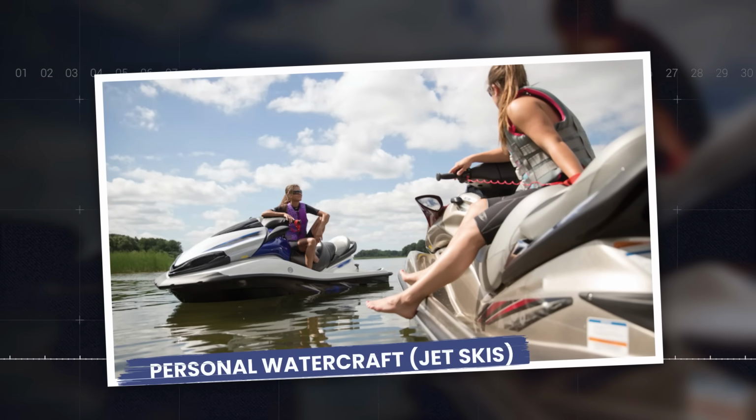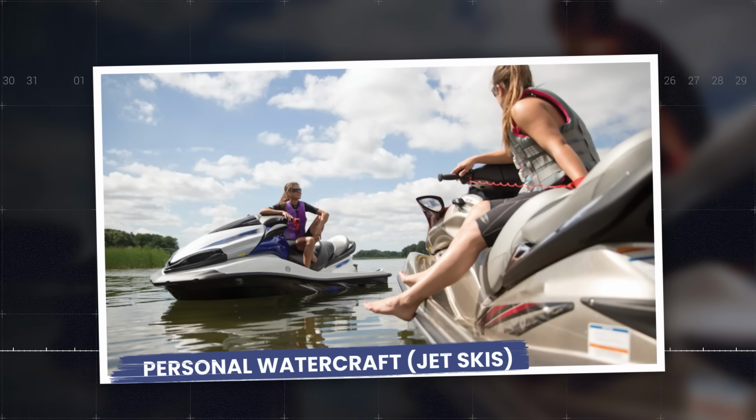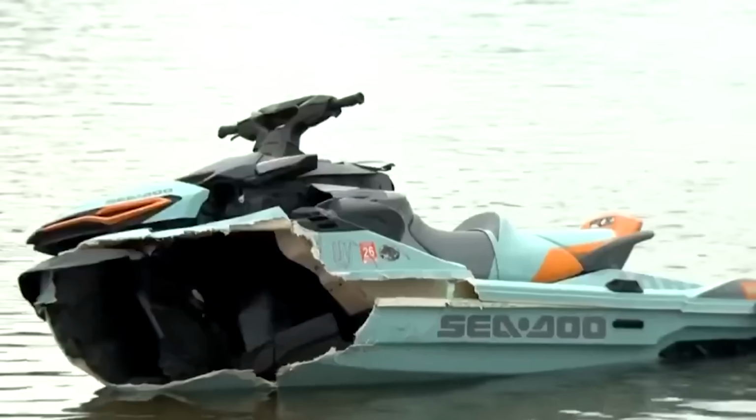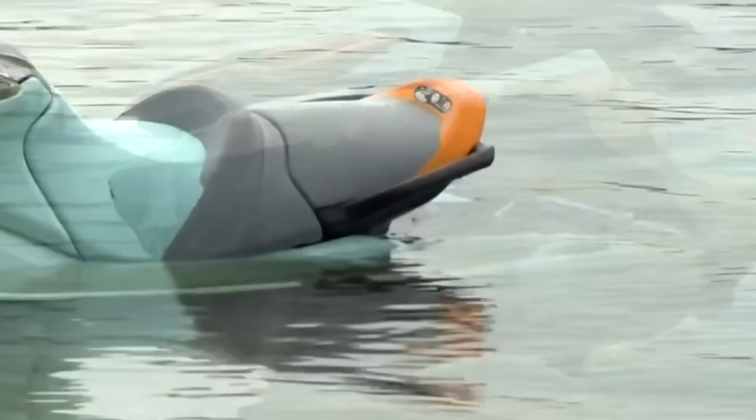Personal watercraft, commonly known as jet skis, combine high speed and incredible maneuverability with operators who are often inexperienced, impaired, or both. This combination has created one of the most dangerous categories of watercraft. The Sea-Doo Fish Pro and similar models are involved in accidents at alarming rates, often due to reckless operation or